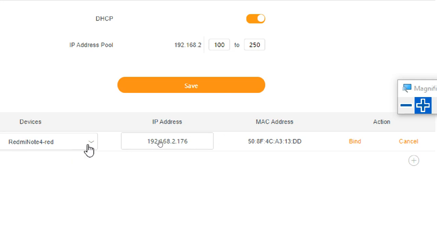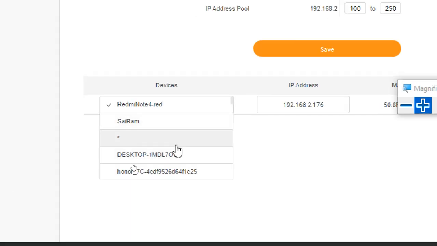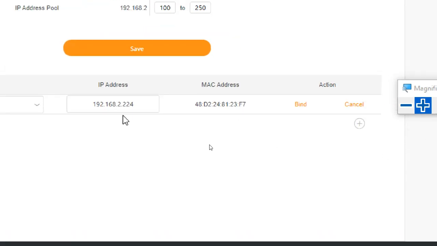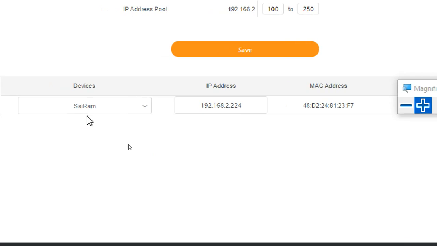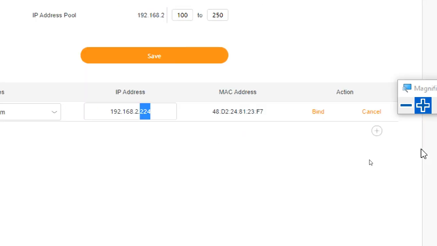So a random IP address is selected, with different IP addresses for different devices. Honor 7C, oh, someone else's, not mine. See here, this is my laptop, and I got the IP address 224.